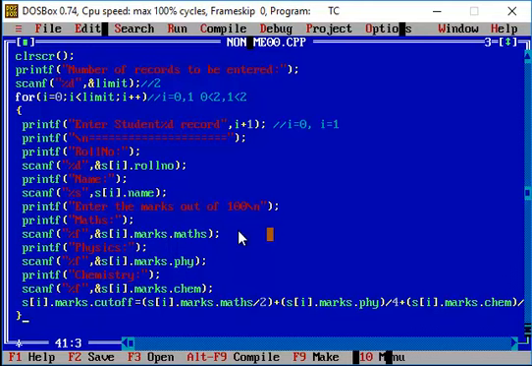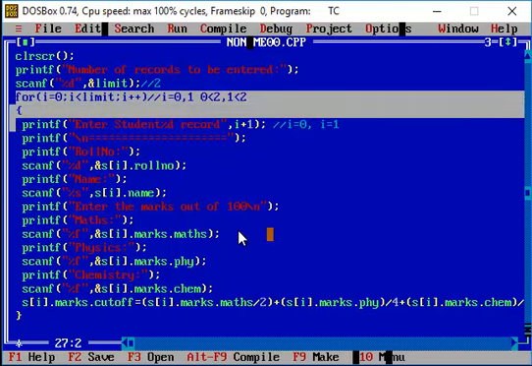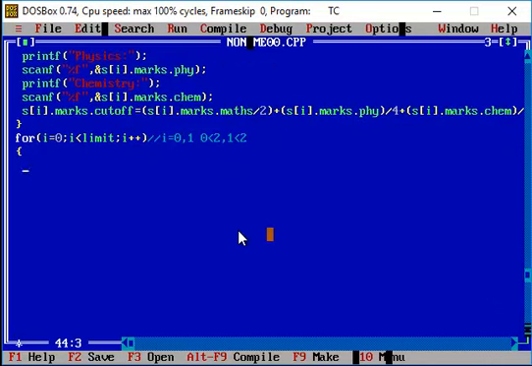So now we are supposed to display the value for the particular students. So whatever number of student records we have entered, we are going to generate the cutoff mark, and then we are going to display the mark statement. So I'm again going to make use of the same for loop here, and I'm just going to print the student details.